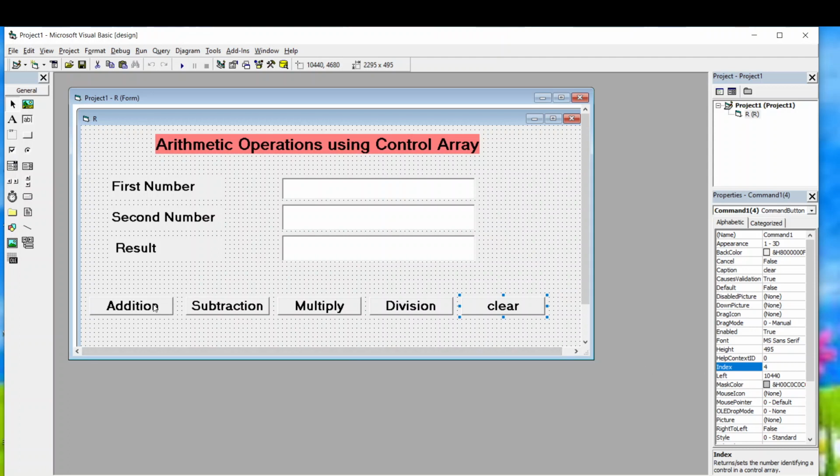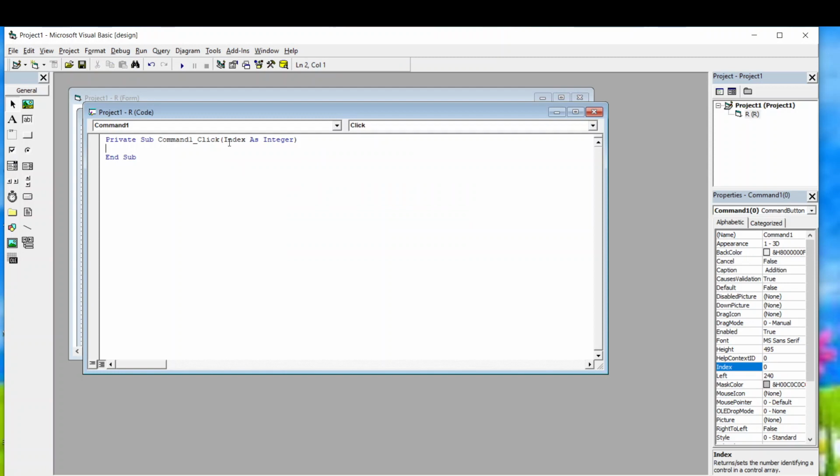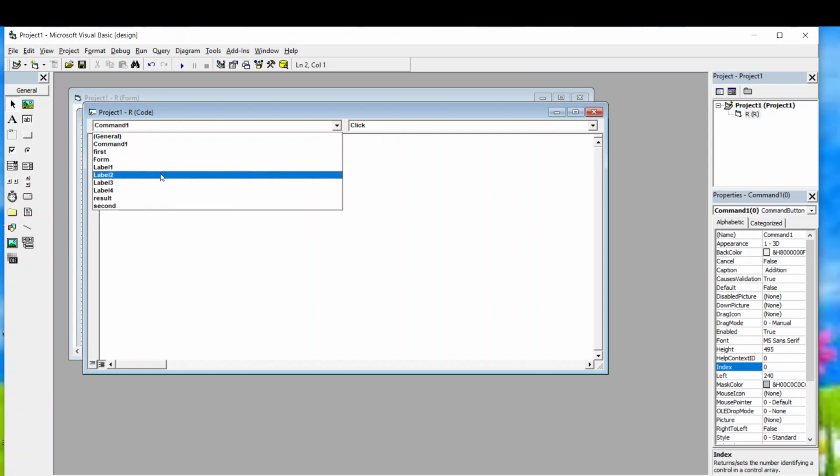So double click on these commands. Here you can see that there is Command1. The name of your addition button is Command1, Click event. If you click this command button, in the code you can see the number of your text boxes, labels, forms. But there is only one command, but we have 5 buttons, right?